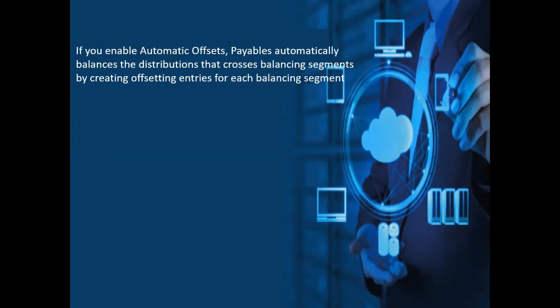Now, there are two different automatic offset methods. One is the balancing and the other one is the account. So now I'll create an invoice and try to change the offset method to balancing and show you the accounting entries, and again change it from balancing to account and again show you the accounting entry, so that way you will better appreciate and understand the significance as well as the difference between both of them.